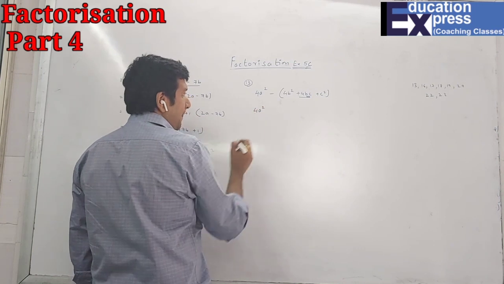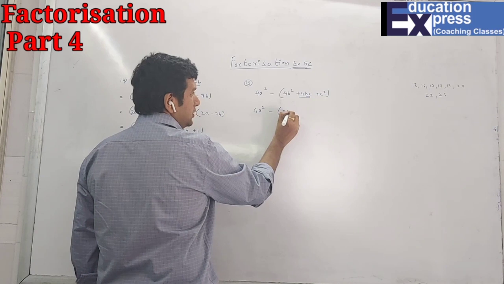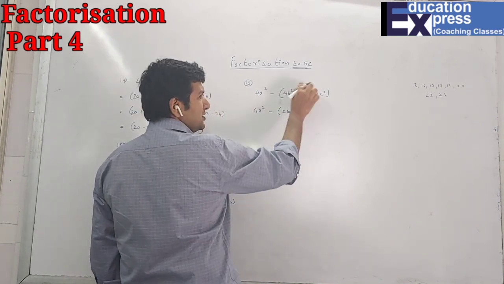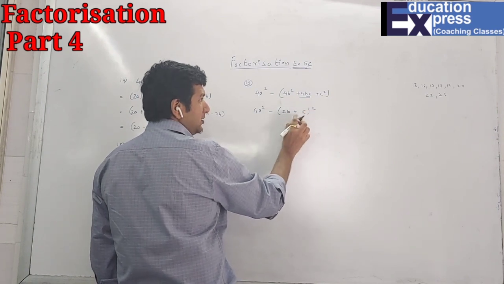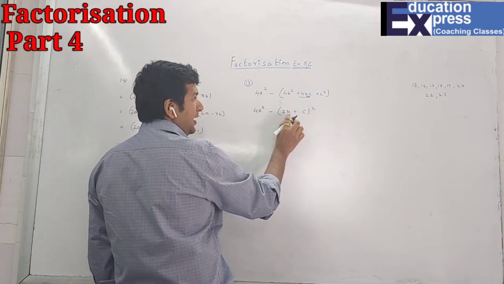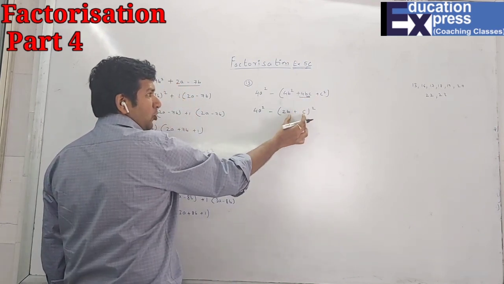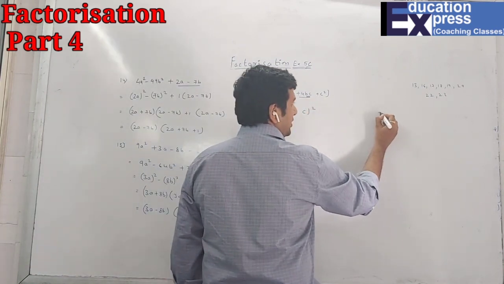4a square minus this 4b is a square for 2b. C is a square for C. And the number which doesn't have a square has a sign what? Plus. So now if we do whole square, that is (a plus b) the whole square, you get a square plus b square plus 2ab. That means when you open the bracket, the entire thing will be what? This only. If you want, you can check.